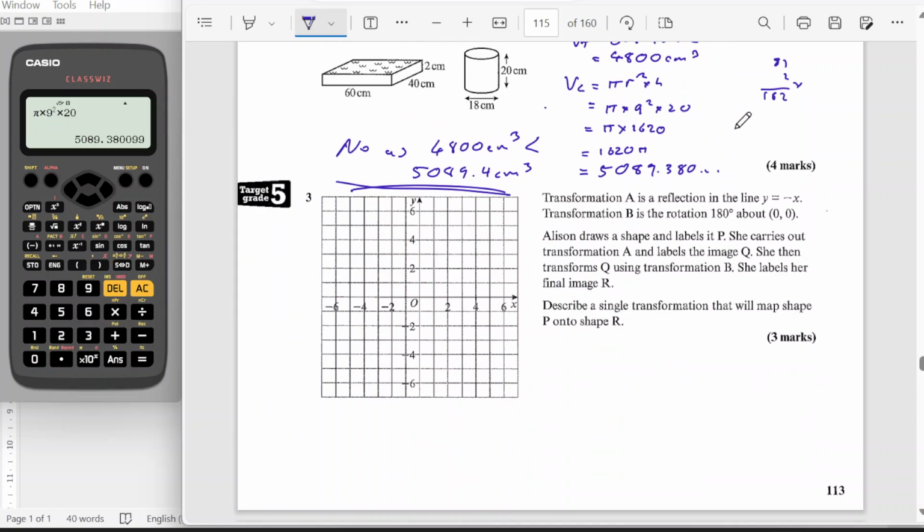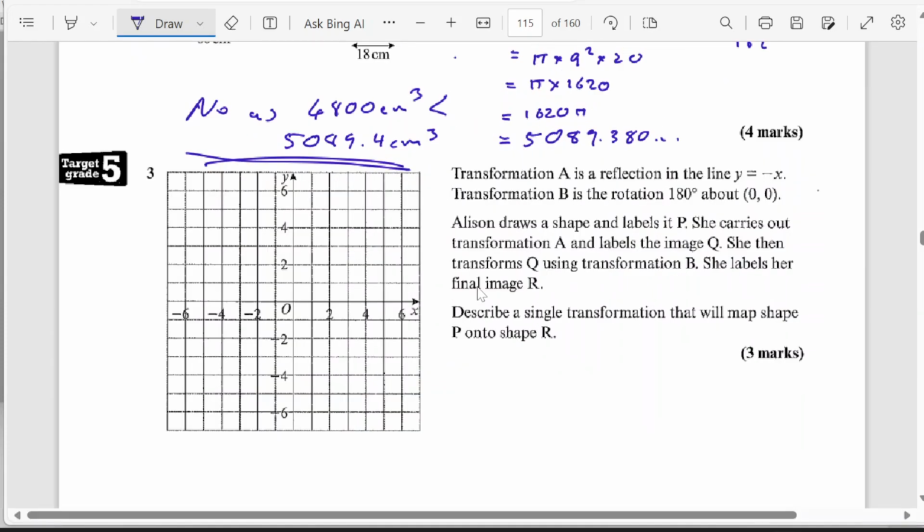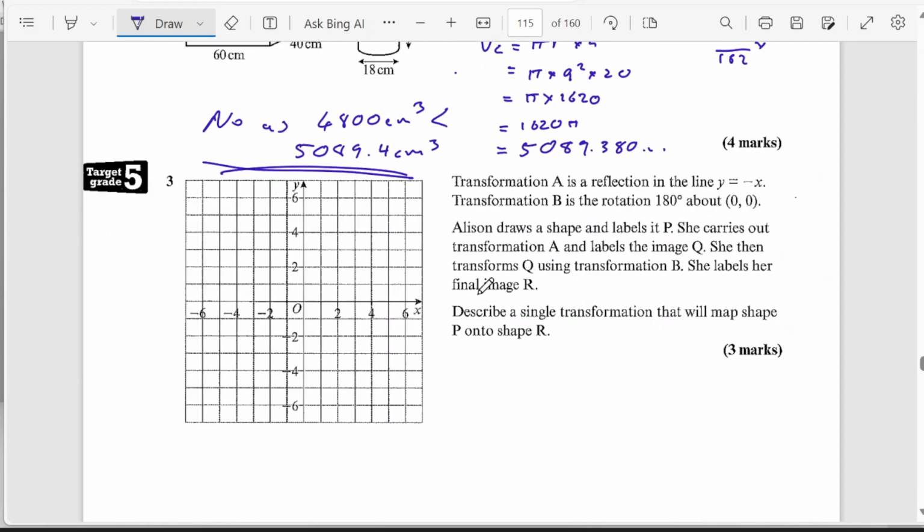Okay, and question 3. I don't think we need a calculator for this, so let's get rid of that and make this a little bit bigger. Wrong way. Okay,